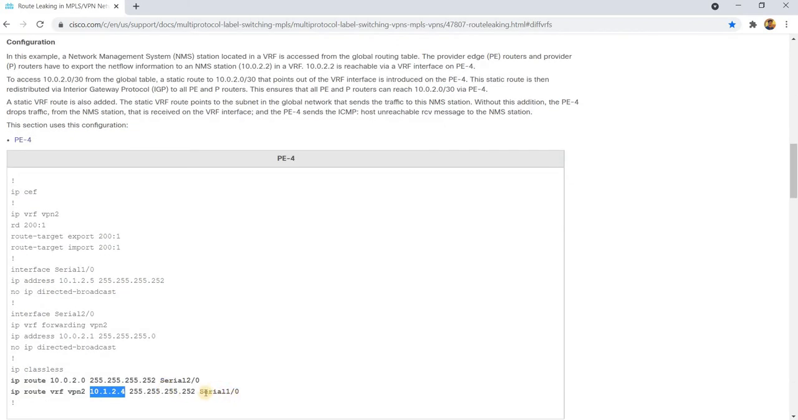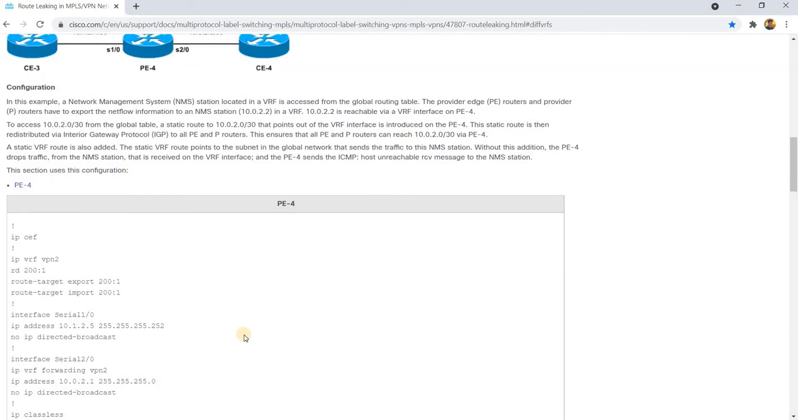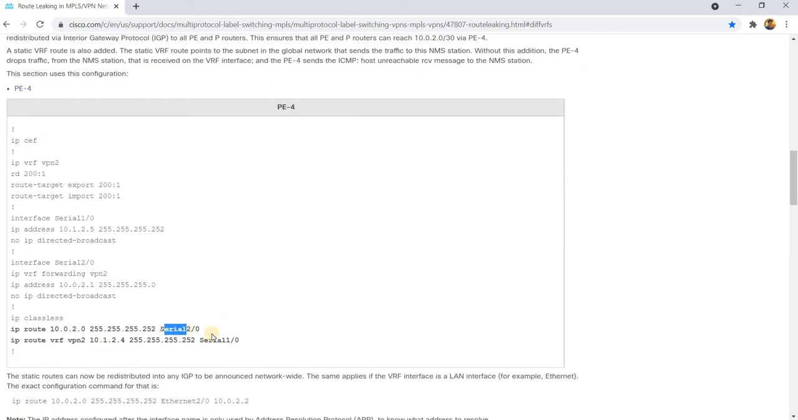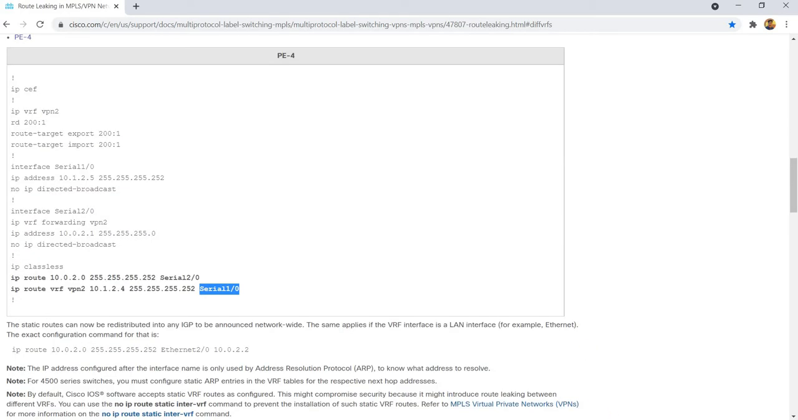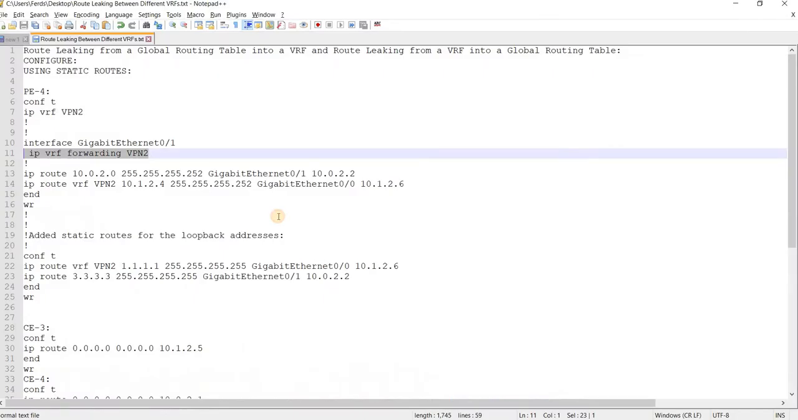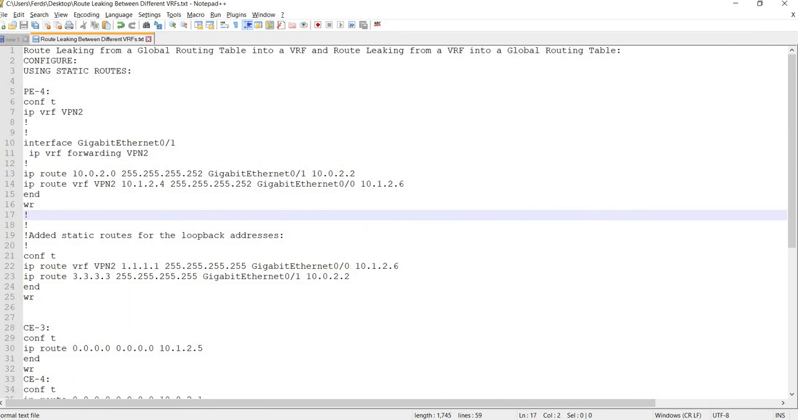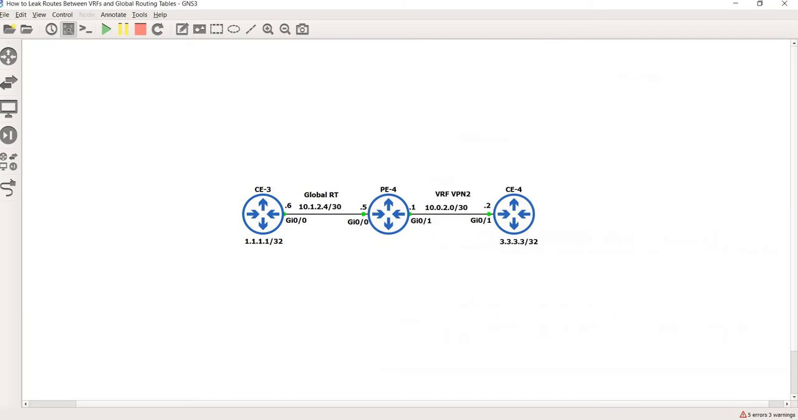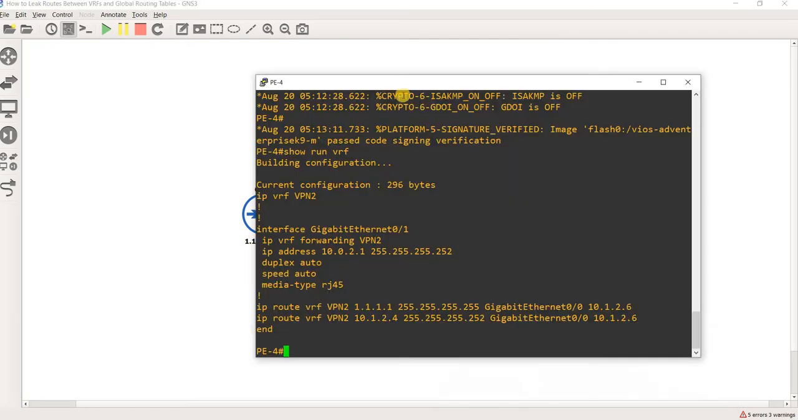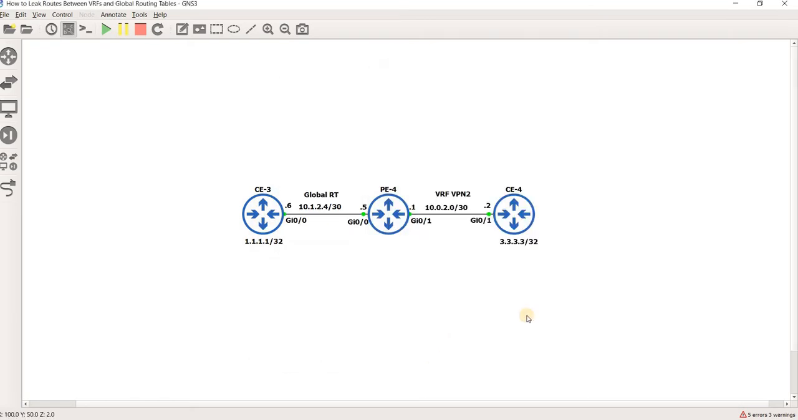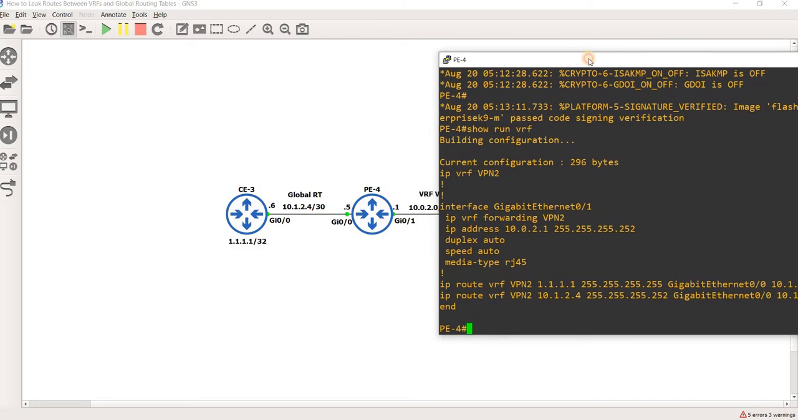And in this case, this is a point-to-point network, so it's fine to just use the outbound interface. So in this case here. But in my case, let me go to the P router. So in my case, I configured